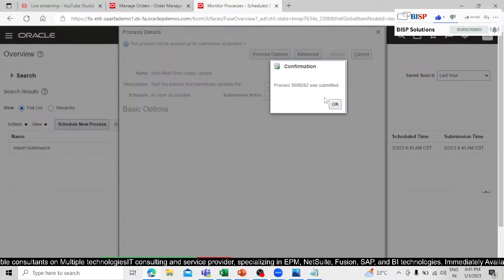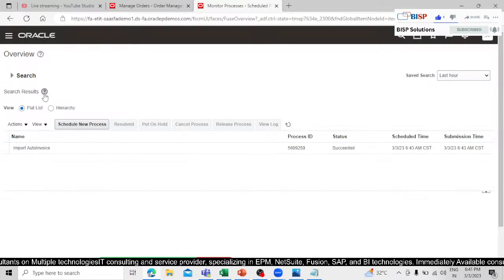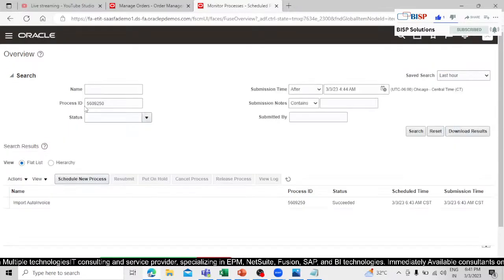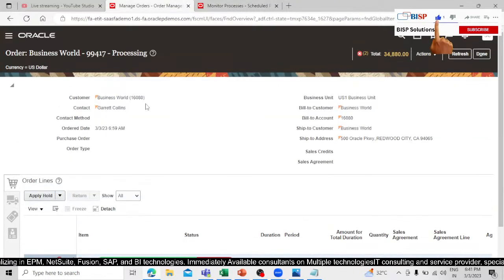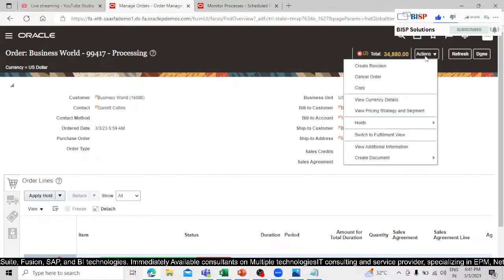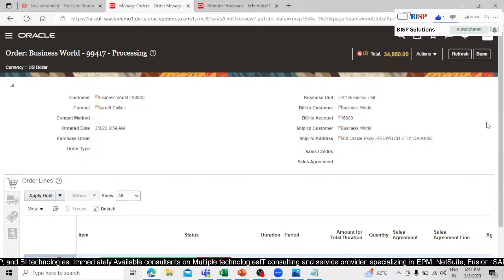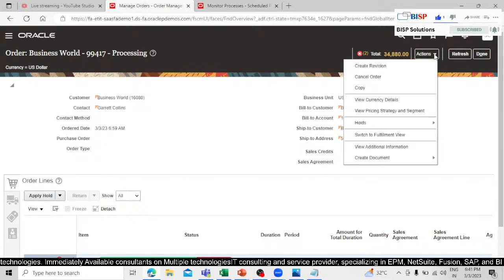So 262. Okay, so 262. So it will display a warning, no issue. It is submitted, right? Now go to this one and click on action and create. We have one more task. We have to again